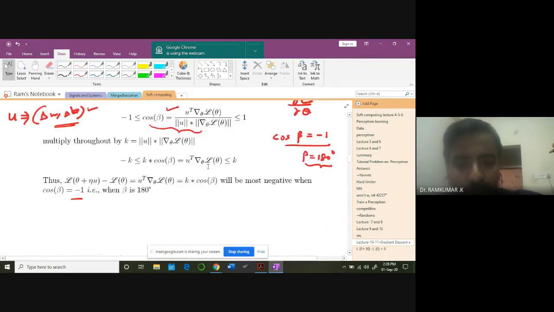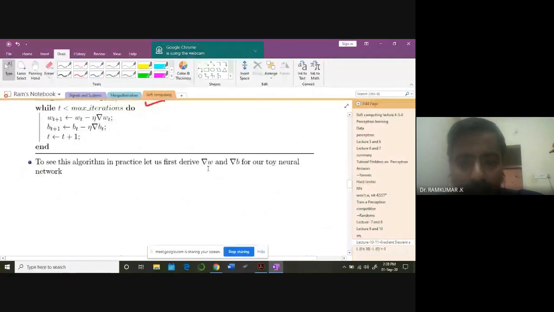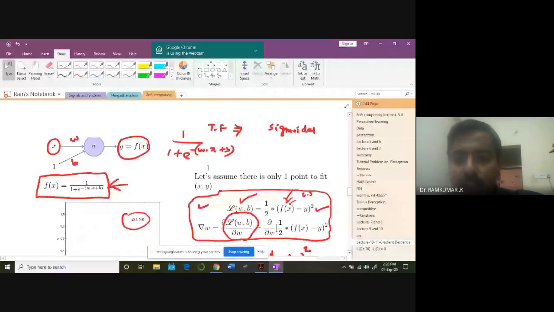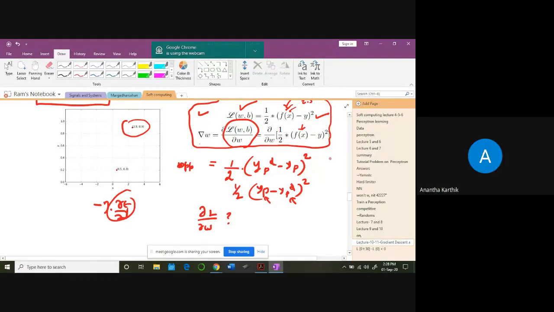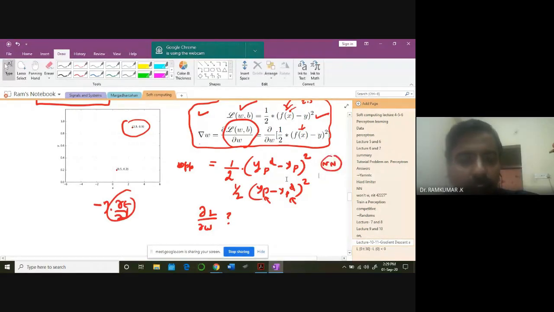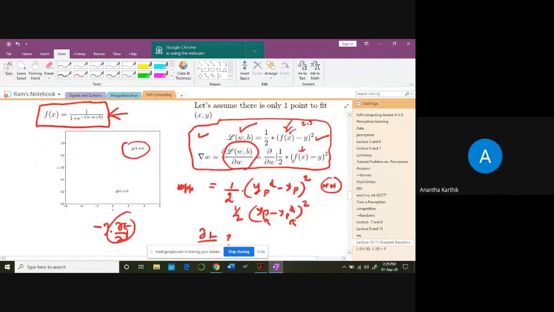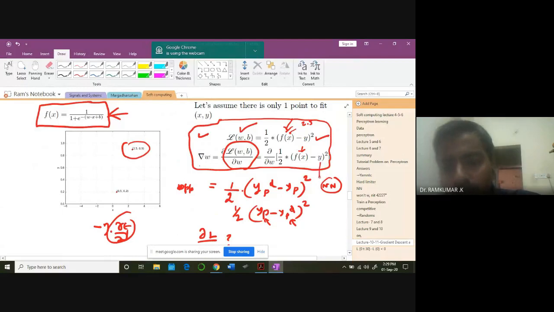Now we are looking at a particular value and we are getting this. So what is this f of x, Ananda Karthik? Sir? What is this f of x? So f of x is the output we are expecting here, the output of the neural network. Very good. What is y then? Sir, y is the labeled output, sir. Labeled output. Very good.